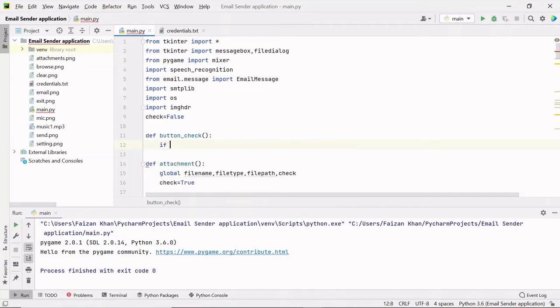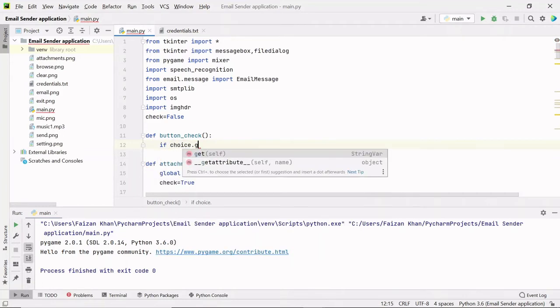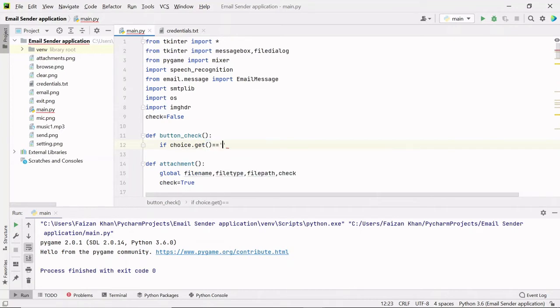So I'll check here if choice dot get equals multiple. If you select the multiple radio button, then inside the choice variable we will get multiple as a value. So if this condition becomes true, it means you have selected the multiple radio button.